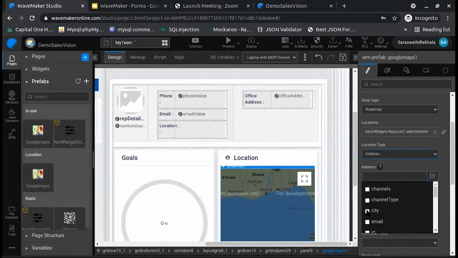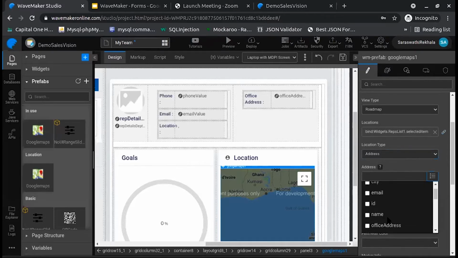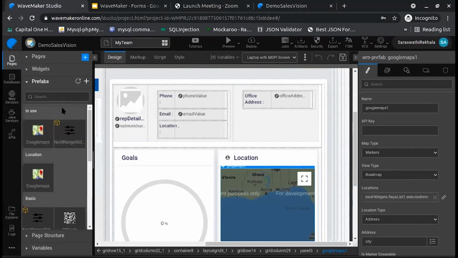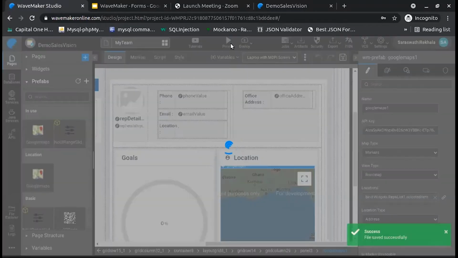I will plot the cities based on my city value. So this is metadata, right? So I will choose city from my metadata. As this Google Maps requires some API key, let me give that API key. And let's preview this.